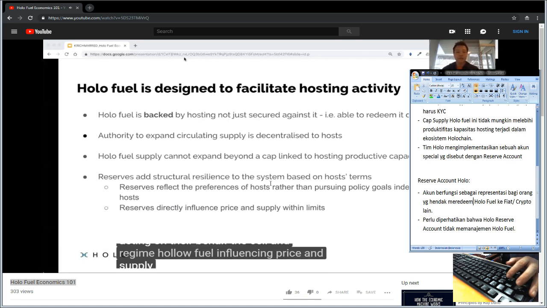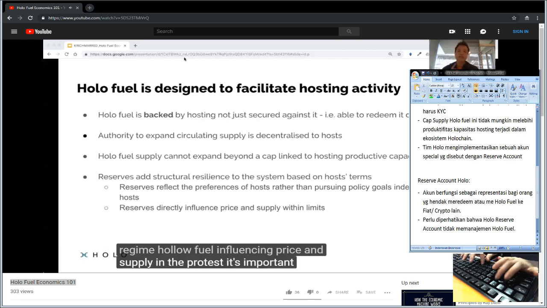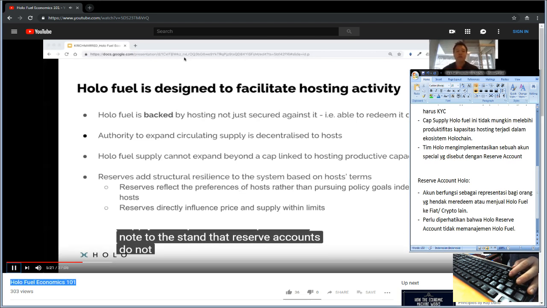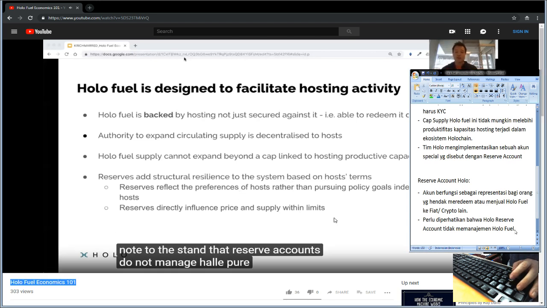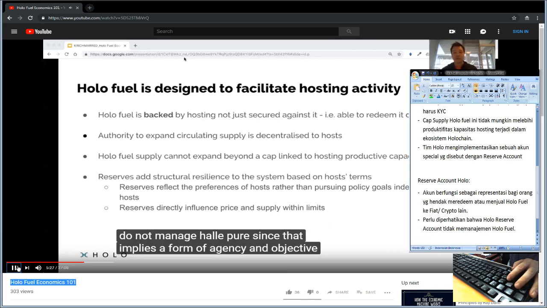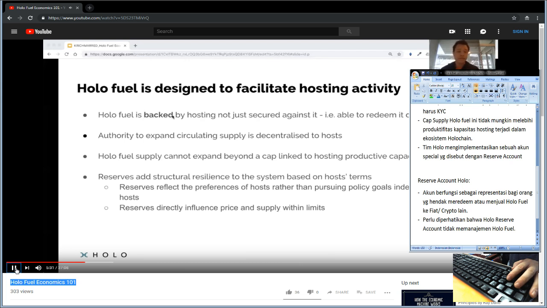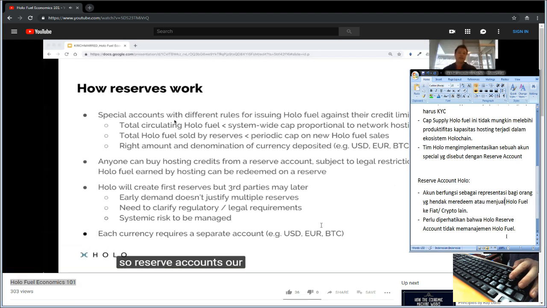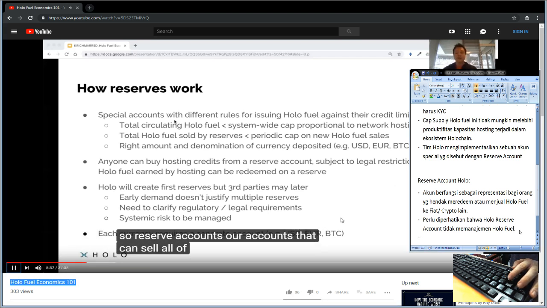Influencing price and supply in the process. It's important to understand that reserve accounts do not manage Holo Fuel, since that implies a form of agency and an objective function that they are managing towards. Okay, then. So, reserve accounts are accounts that can sell Holo Fuel against their credit limit as long as 3